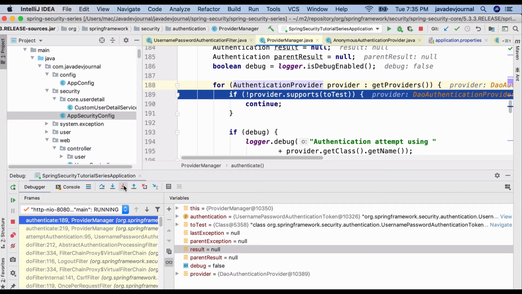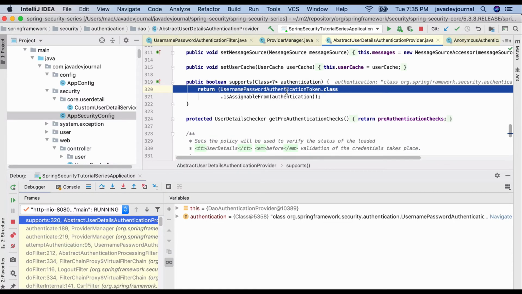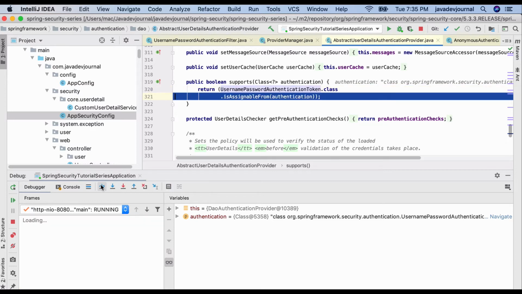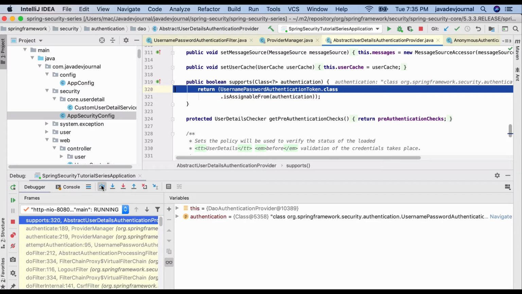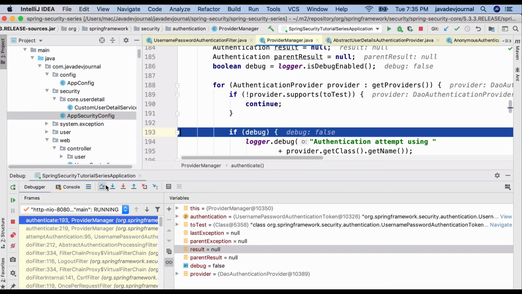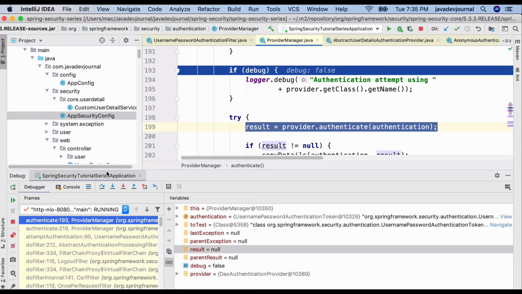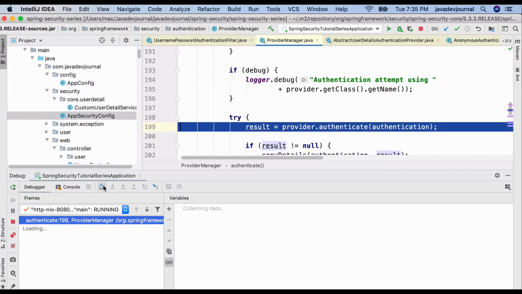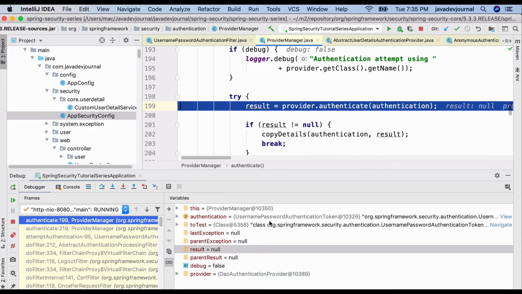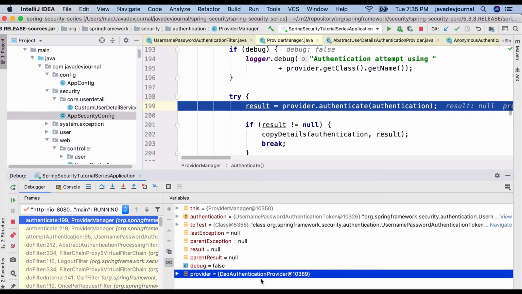So let's go there, and you see it supports the username password authentication token. That's what we created earlier, right? So it will match, and we will go to the next statement, where we call the authenticate method of the given provider, the DAO authentication provider.